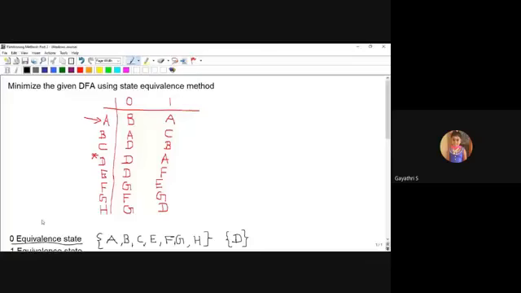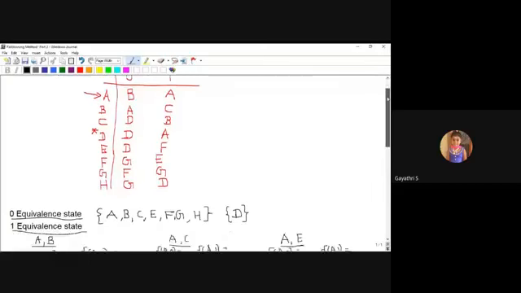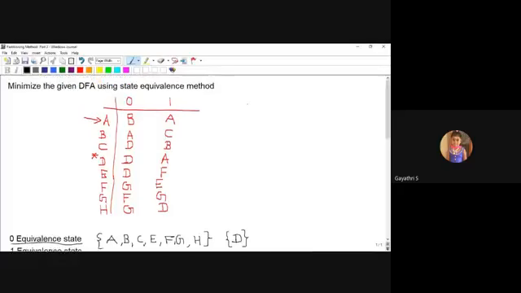Actually it will be a time-consuming process, and I have already done it in my notes. All the states are reachable from A only.